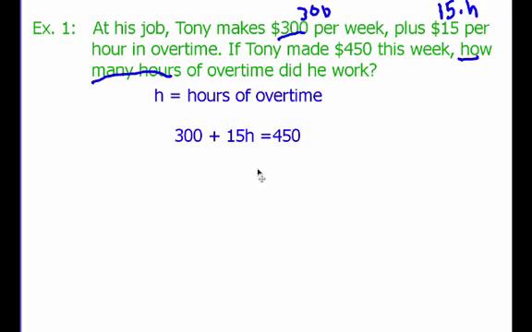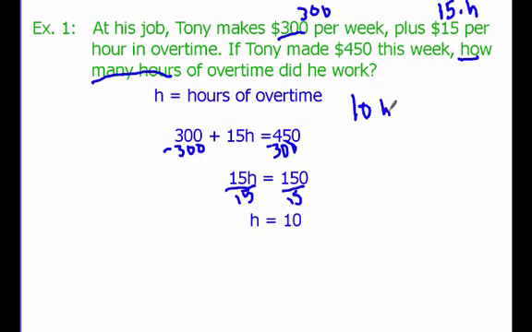So we need to solve this. Our first step is to subtract 300 on both sides. This is just a two-step equation. All right, if we subtract 300 on both sides, we get 15h equals 150. Then to get rid of that 15, we divide both sides by 15. And we get h equals 10. So Tony works 10 hours